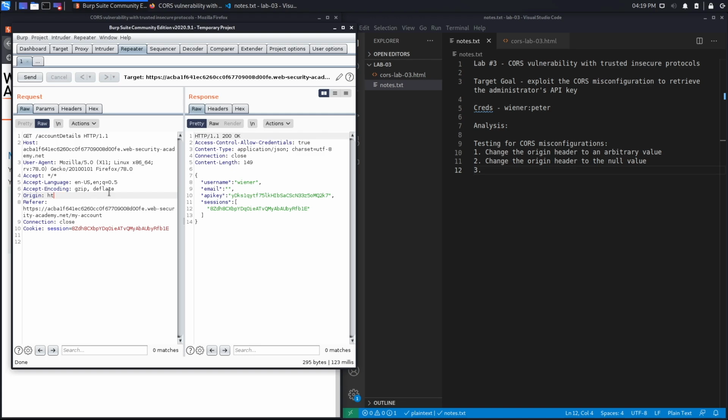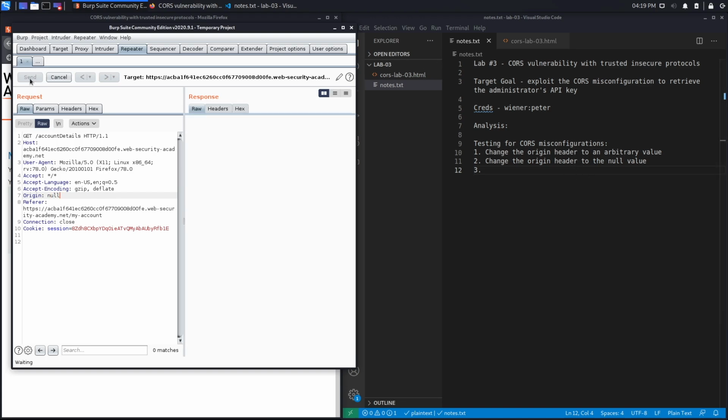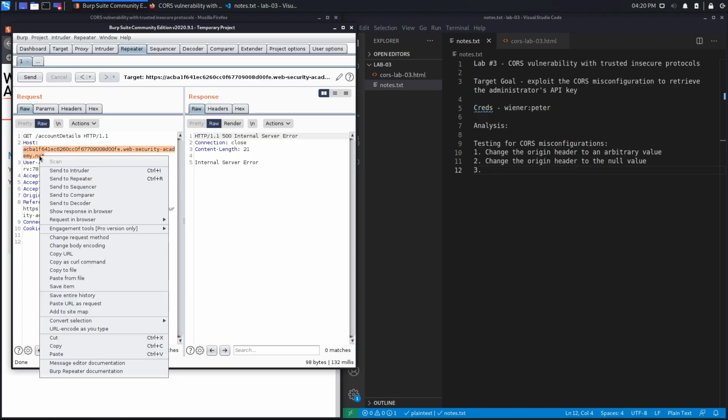So now let's change that to the null value, which was our second use case over here. Hit send, and we get an internal server error. That's interesting. Now let's do another use case. So let's copy this,